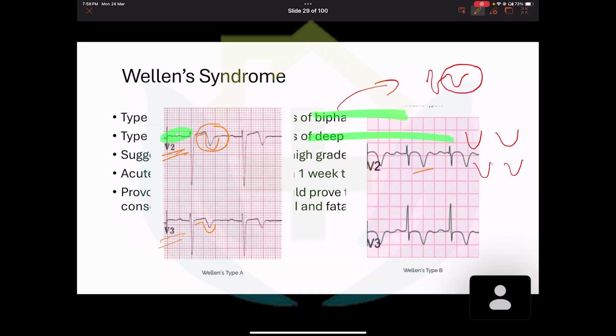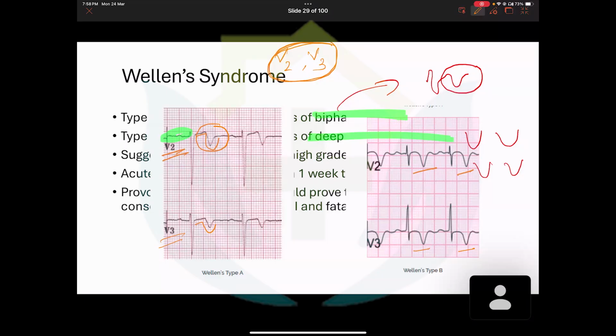And here, as you can see, there are symmetrical and very prominent inverted T waves again in V2, V3. So for Wellens, we have to look at V2, V3. Don't neglect this. They have asked this with an ECG, asking what exactly is going on, and you have to say Wellens. This is an MCQ, so we'll see the word Wellens, and obviously we'll then go and check the ECG, whether Wellens is there or not, and it's very easy to get it in the exam.